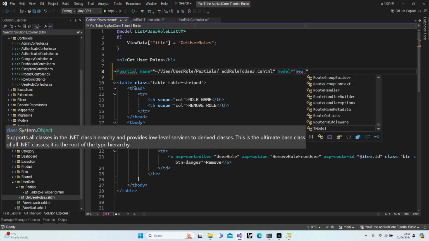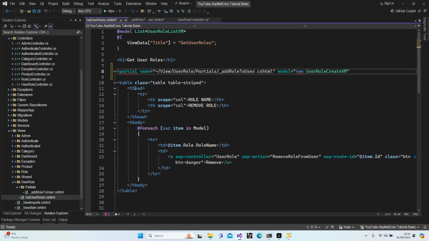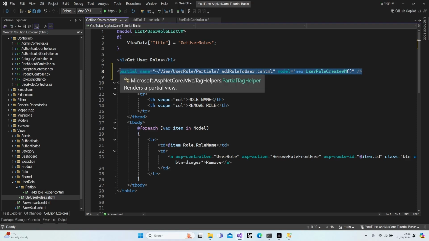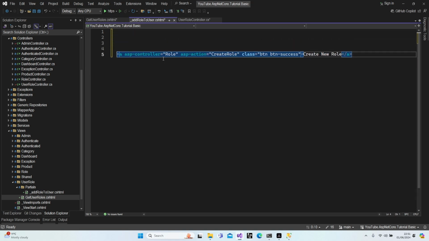The model is going to be, let me think, new user role create view model. Alright, this is the model which is going to be empty user role create view model. Actually, this is exactly equal our HTTP get empty action method result, but we just define it in our partial view. So it is going to run this partial, and we're going to have here